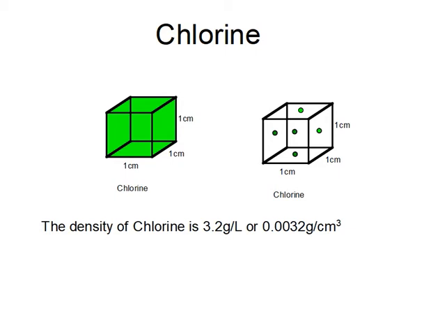So in this diagram here, we have a cubic centimeter, a cube which is 1 centimeter by 1 centimeter by 1 centimeter, and it means that the chlorine would have a mass of 0.032